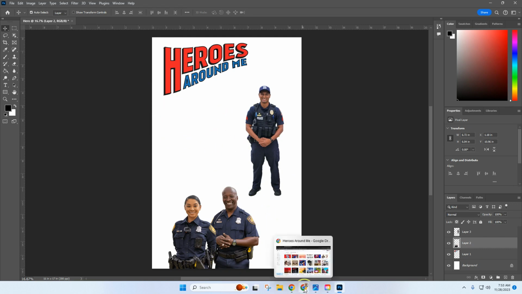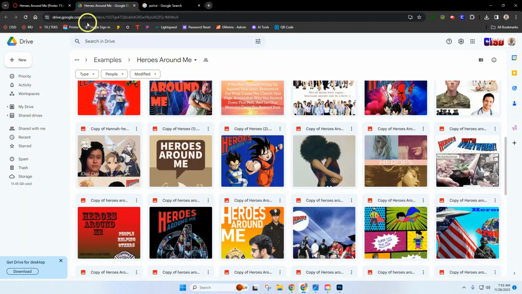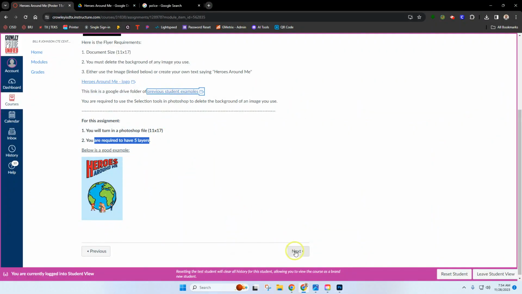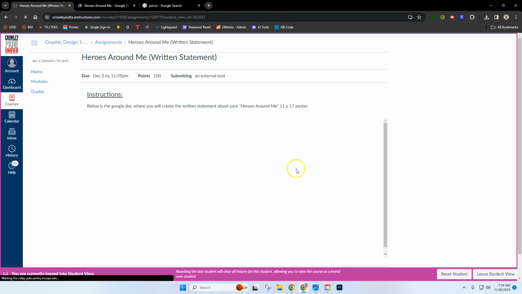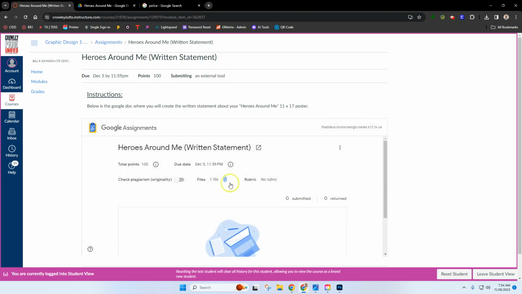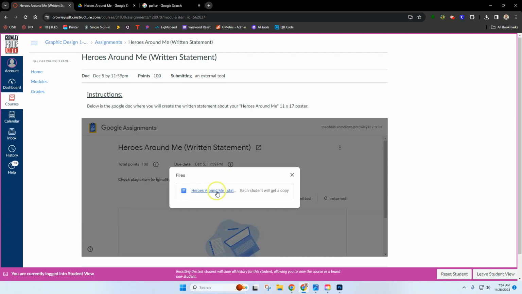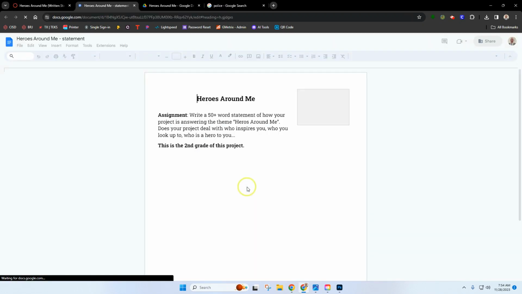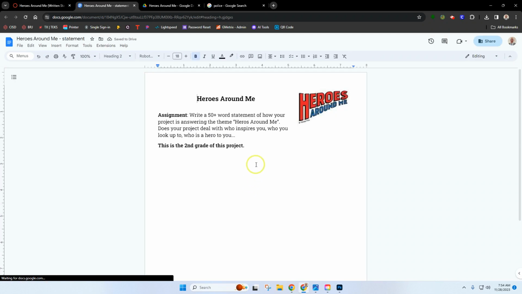But the next thing, this second little assignment, when you click on next, this goes to the written description. So basically you're going to create a written description. I can click on continue here. So if I open this up, it shows what you're going to complete. This is basically a written description of who is the hero to you. So if you chose your dad, then you want to write a little statement, a 50 plus word statement